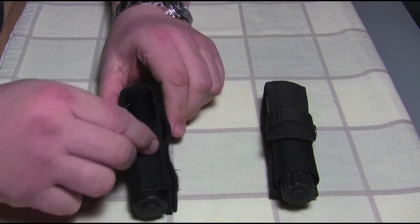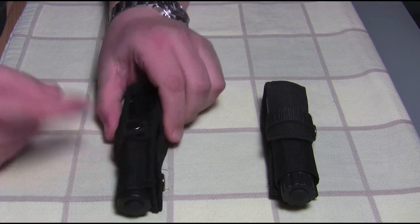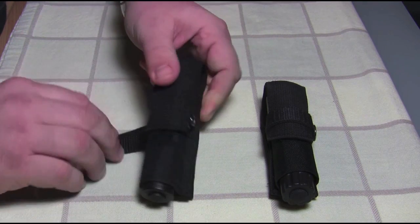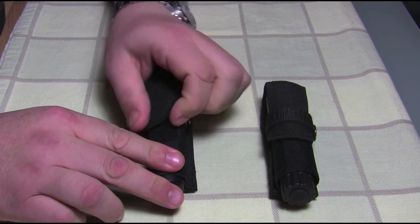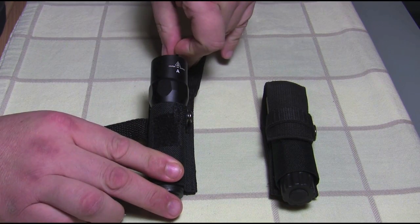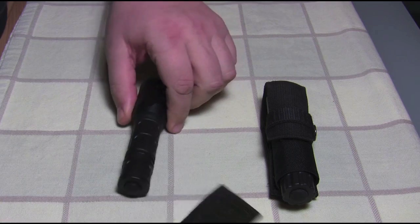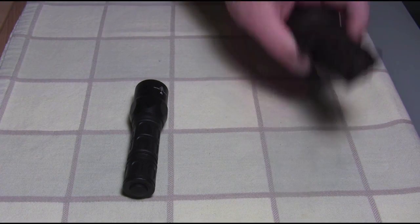Dead easy to use with a simple press stud here, locking safety strap which peels back, and then obviously the usual Velcro strap. Dead easy and dead simple to use. So there we have the